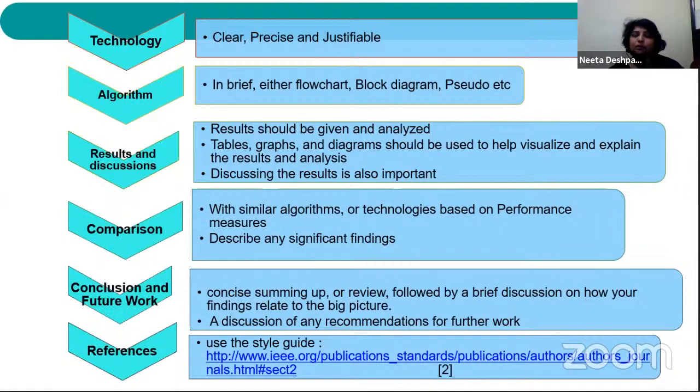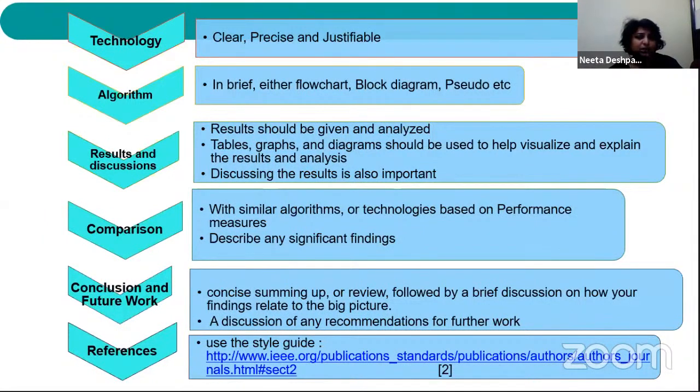Now when you submit a paper, every conference or every journal may do a single or double review. It depends on whether it is a blind review or non-blind review. Blind review in the sense, if it is a double blind review, the author's name will not be available to the reviewers. So they'll be reviewing based on the contents that you are giving. Every journal has its own constraint, whether they are doing double blind review or single blind review and so on. That will be mentioned in the journal details. Where you get those details, I'll be telling you now.